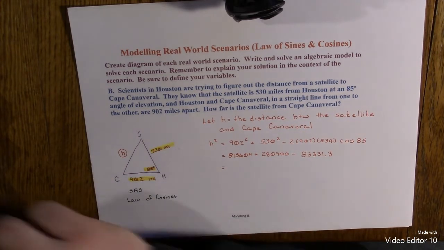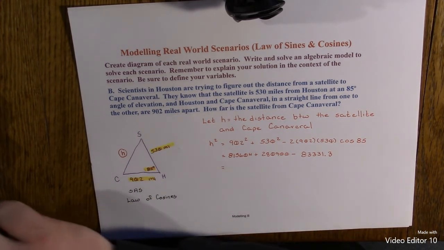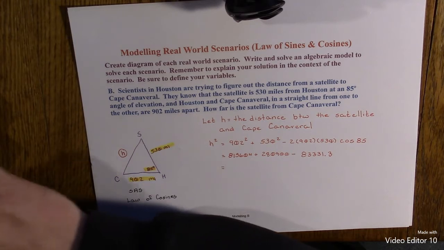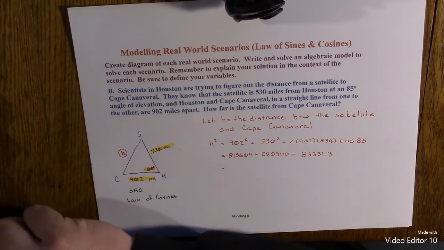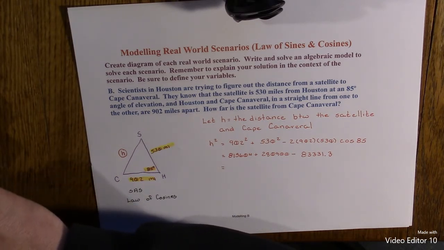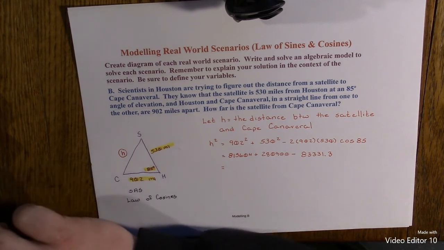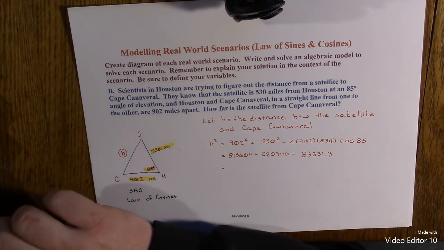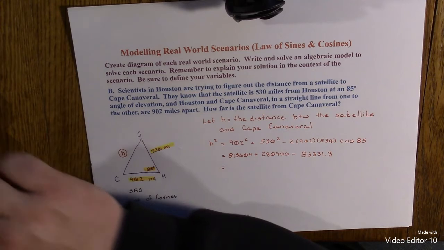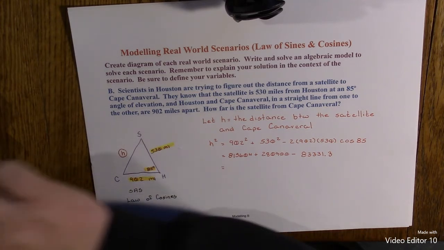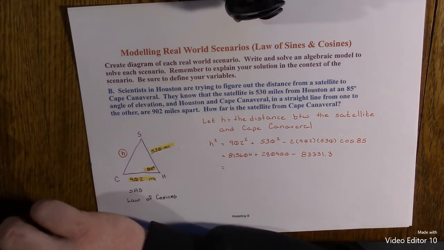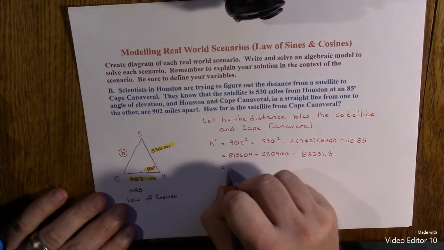If we simplify these three, the 813,000 plus the 280,000 minus the 83,000, we get approximately